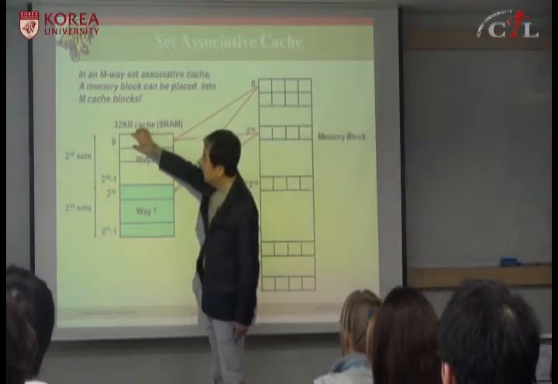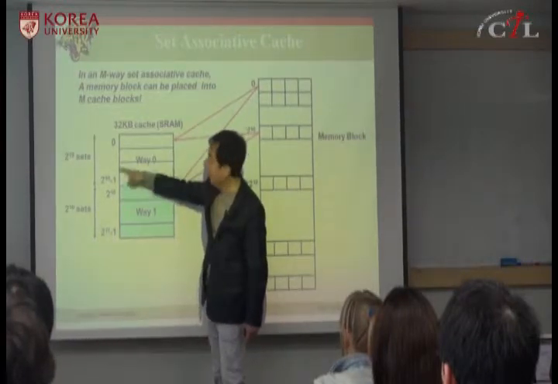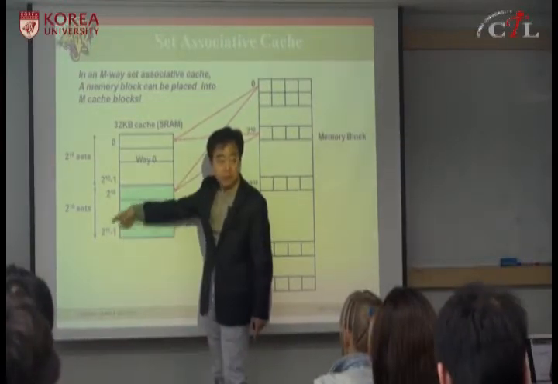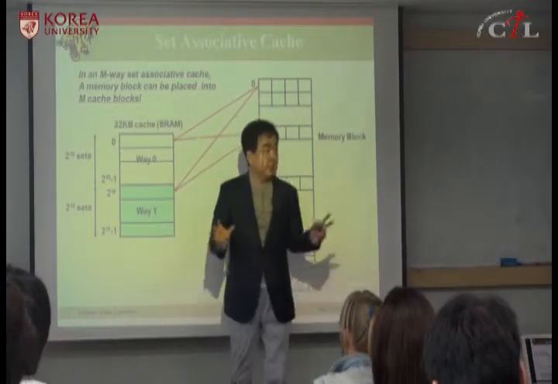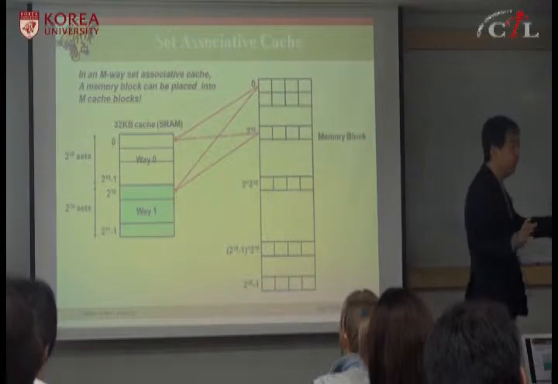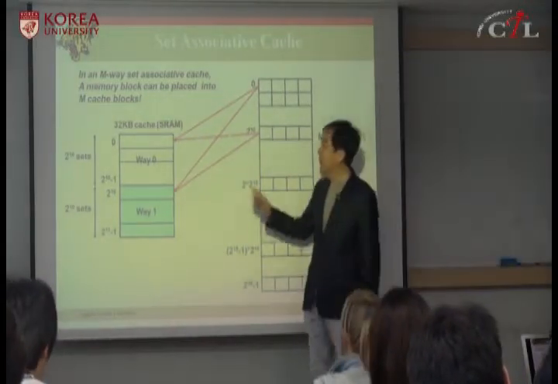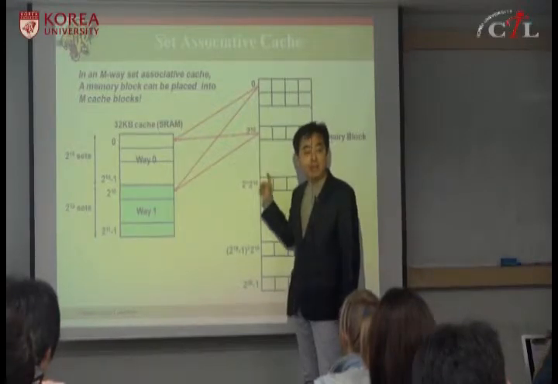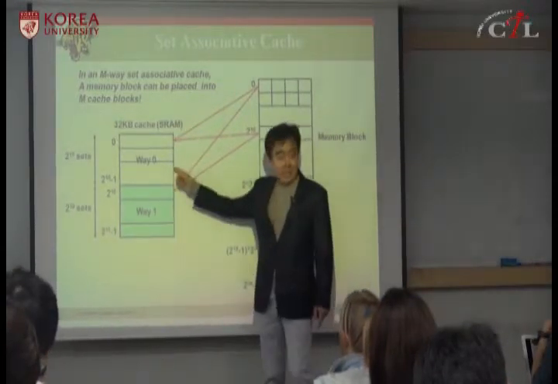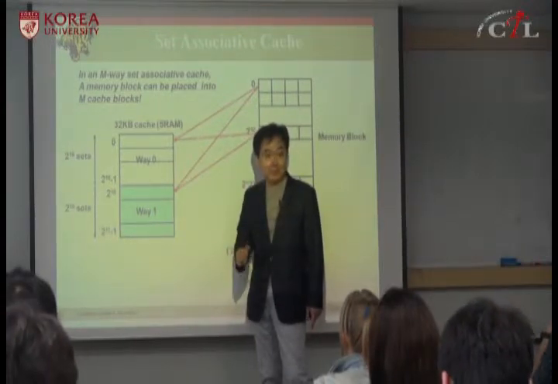So here, the collection of this block and this block is called 1 set. Okay? You have 1024 sets. Each set has 2 blocks because you have 2 ways. One block in each bank. Okay? So, if you identify some memory block, you have to identify which set you have to look up. Right? Each set has 2 options. Okay? Way 0, way 1.